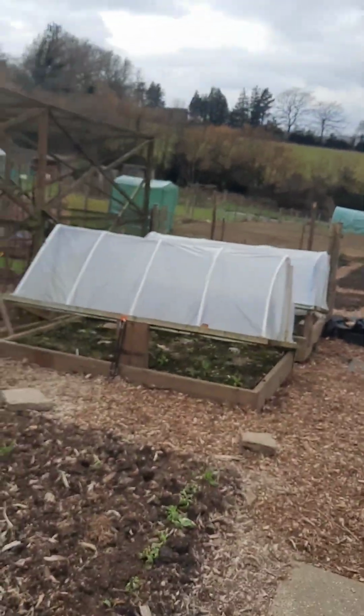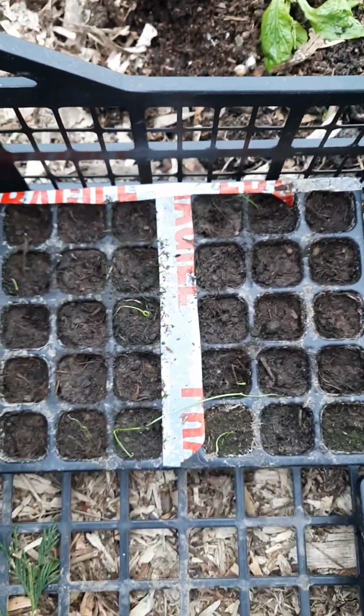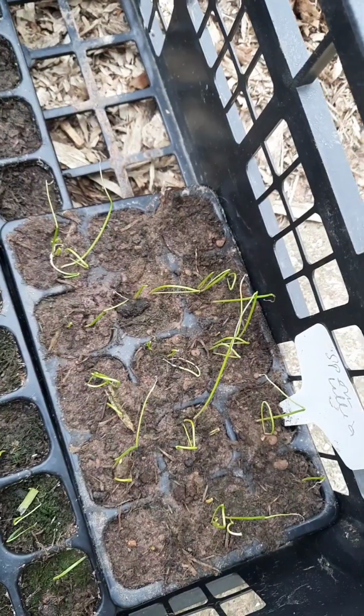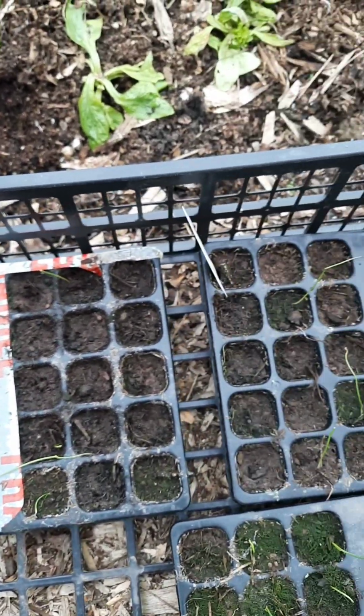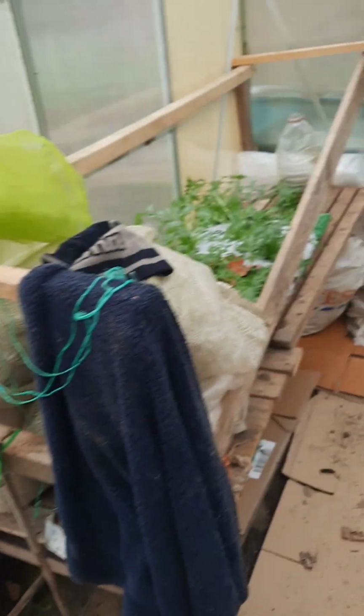Okay, so I'm bringing some onions down. As you can see, the germination has been really sporadic. Those ones aren't too bad. I've planted these twice now because some of them just didn't come up, so I planted the whole pack. I thought, well, let's see. It's probably just a bit of a bad patch of seed, which is a bit of a shame,